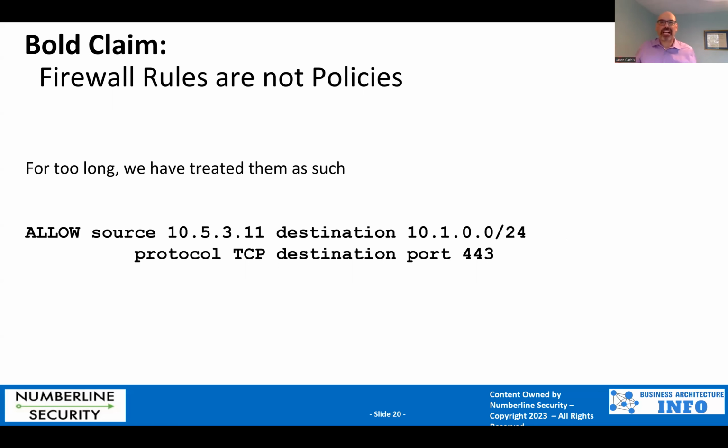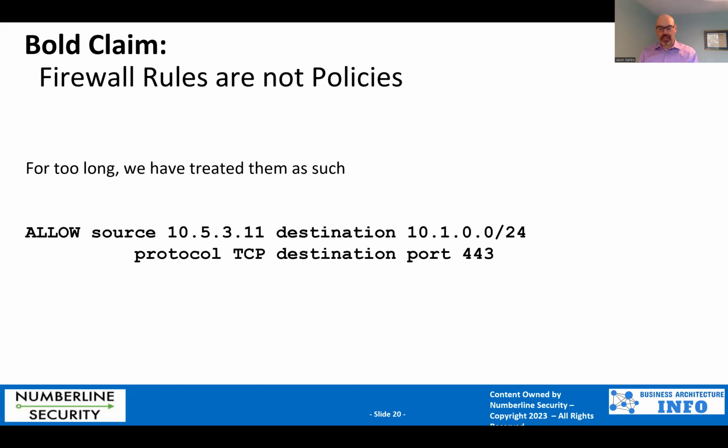Because yeah, they're technically interesting, but they're really meaningless, because I have no way of looking at this and making any sort of determination about, is this a good rule? Is this a bad rule? Who or what is that 3.11 IP address? What's on this 10.1 network? Who knows? So this is how, of course, traditionally firewalls and networks have been configured. And even in modern cloud environments,